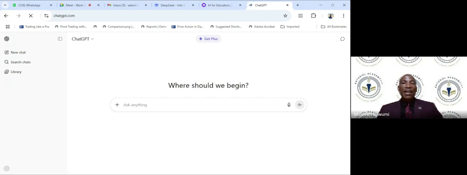But one good thing about AI these days is that even when you make a spelling mistake and everything, it's going to correct you. You don't even need to bother about how super your English is. What really matters is the quality of the instruction given to AI at a particular point in time.